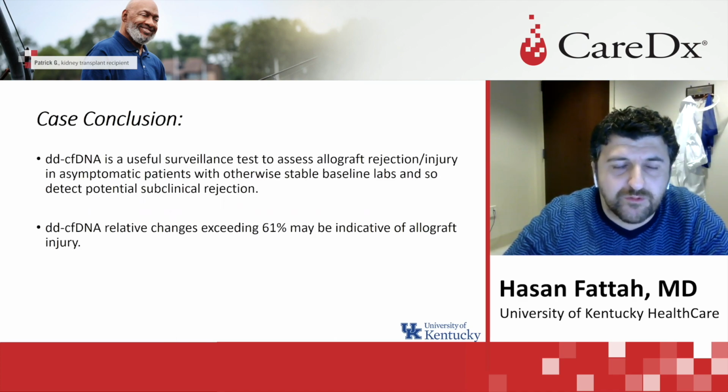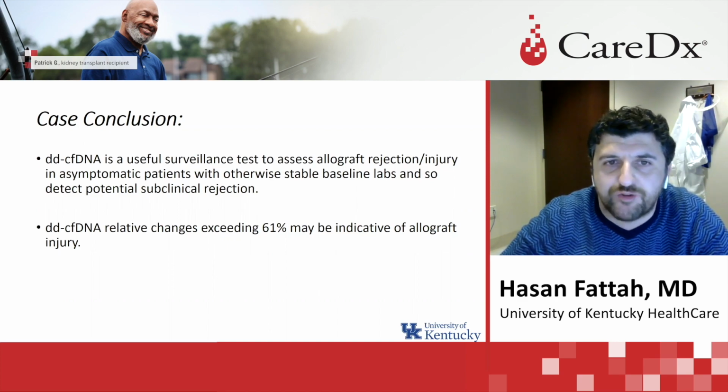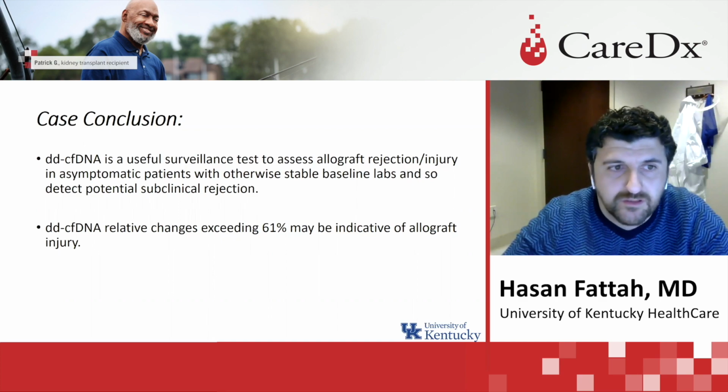So a few points to conclude from the second case. Although we do not have enough data to support or explain the dynamics of AlloSure post-transplant or post-treatment of rejection, we do know AlloSure is a pretty sensitive marker for subclinical inflammation. It's easy for me right now to say retrospectively, if we had caught this case at the time when AlloSure was up to 0.4%, we could have prevented her from progressing into chronic active antibody-mediated rejection. And again, this is a retrospective view, and this might not be accurate.